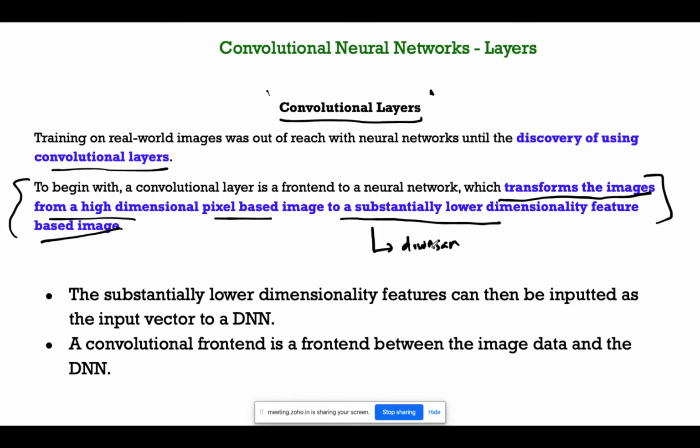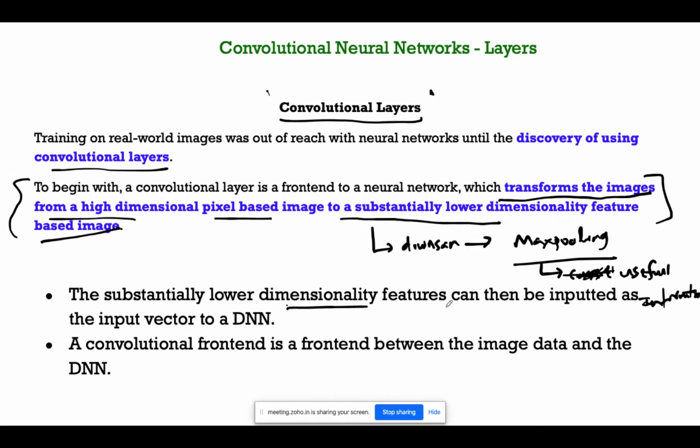Again, we are extracting and we are applying the max pooling to downsample the data to extract the useful information, not correct, the word to be more precise is useful information. The subsequently lower dimensionality features can be inputted as the input vector to the DNN. The convolutional front end is a front end between the image data and the deep neural networks.